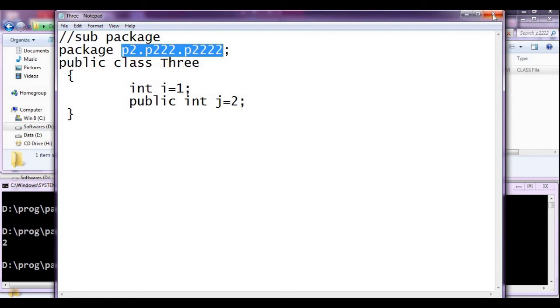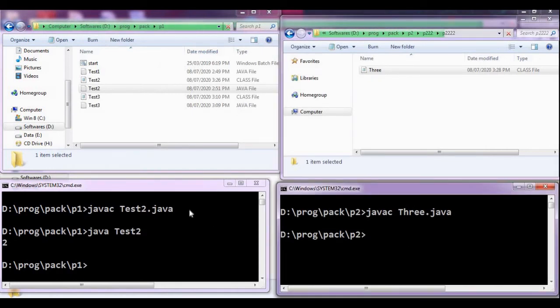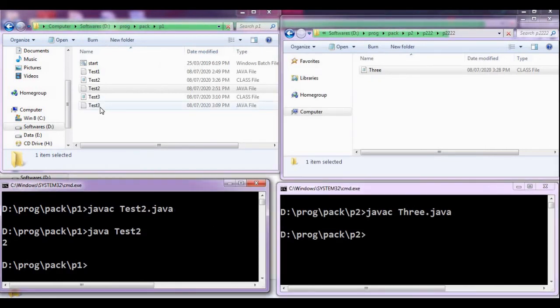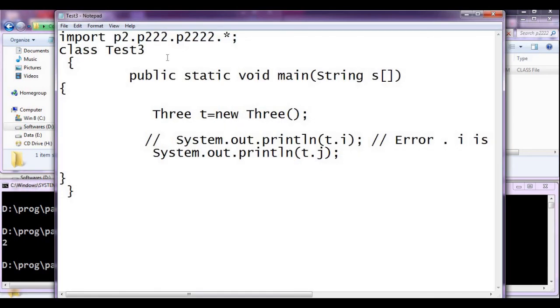Now we have compiled and we want to use it from the P1 package. So again, we will go for the coding of that. Here we have to say import p2.p22.p222.*. Then we have class 3, and we create its object, and then we are accessing i.